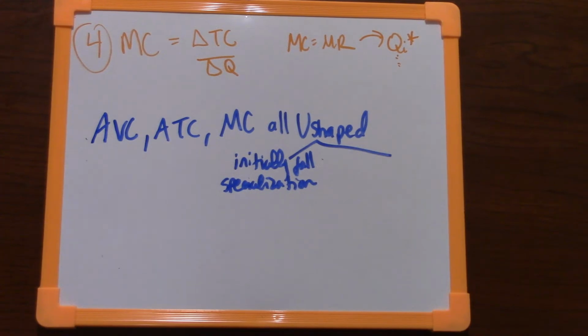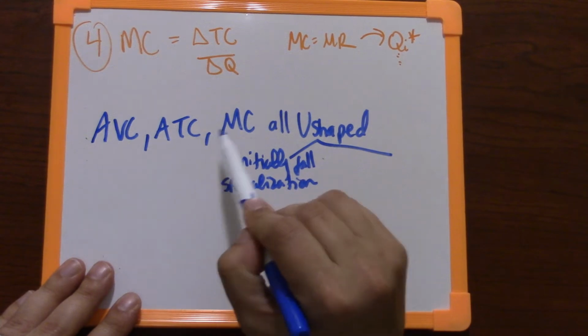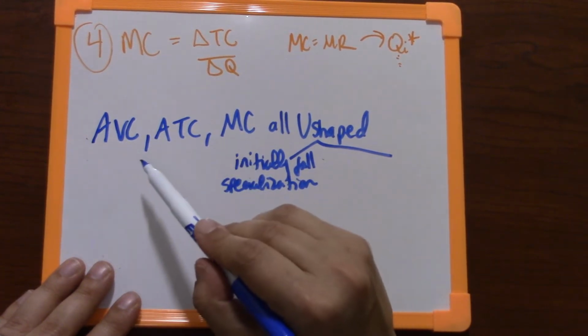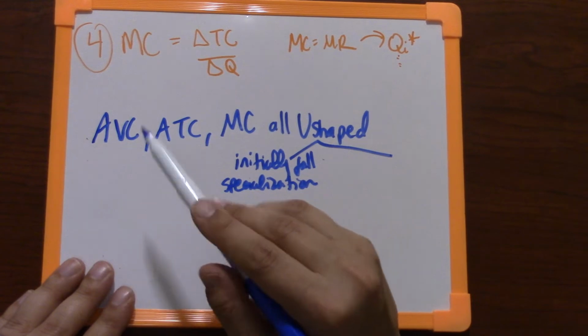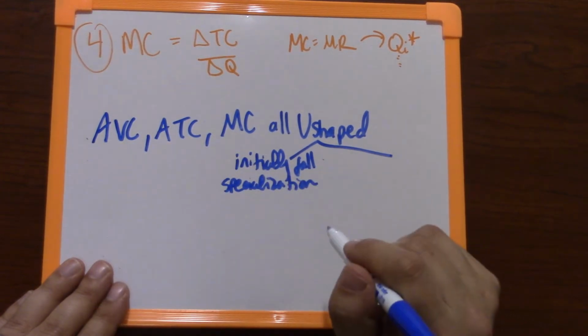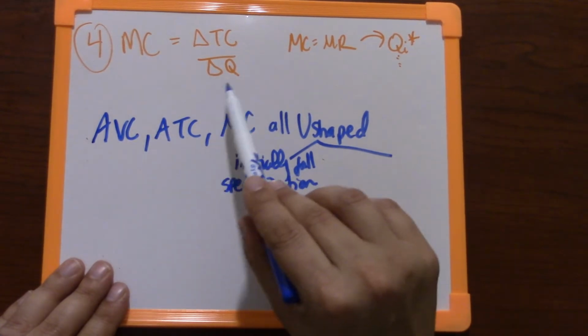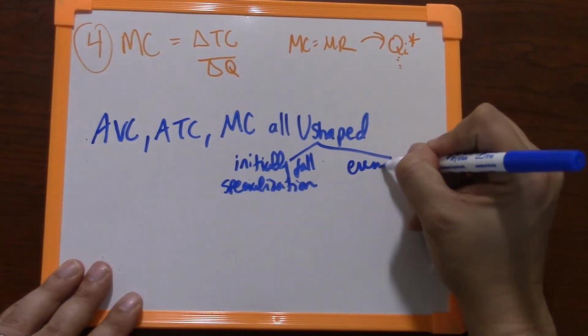As you move from giving 2 rides to 3 rides to 4 rides, you're getting good at what you're doing. The equivalent in our factory was adding additional units of labor, right? The first person hired had to do everything themselves, but as new units of labor got hired, they began to specialize in the activity they were good at, which made productivity increase in the beginning. And all of these are thinking about changes in quantity. So in the beginning, the quantity output is rising, which is drawing all of these costs down because quantity is on the denominator of all of these cost curves. Okay? But they eventually rise